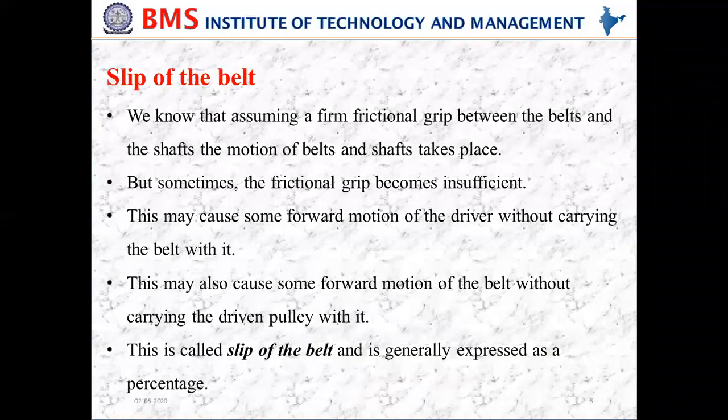Now we'll move to the slip of the belt. What is meant by slip of the belt? The motion between the belt and pulleys occurs because of the frictional grip. Suppose this frictional grip is not sufficient to run, then there is a chance of forward motion of the driver without carrying the belt, because of insufficient friction